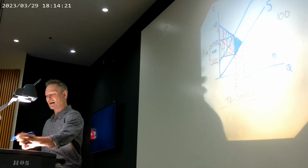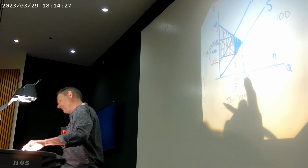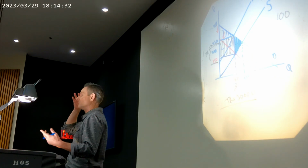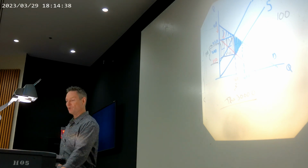So you can figure that out by the usual means. 100 is the base of that triangle. It's 100 units tall, right? If you view it from this angle, divide that by 2, you get 5,000, and it's exactly like we'd found in the previous. Okay, so that's kind of the whole problem there, and I think that brings us to the end of the